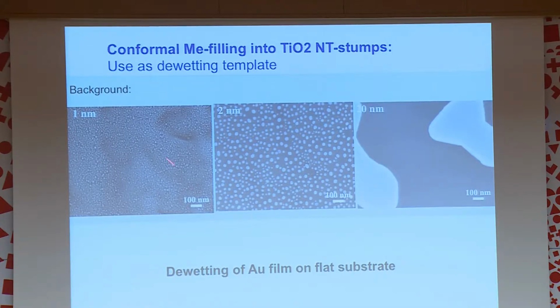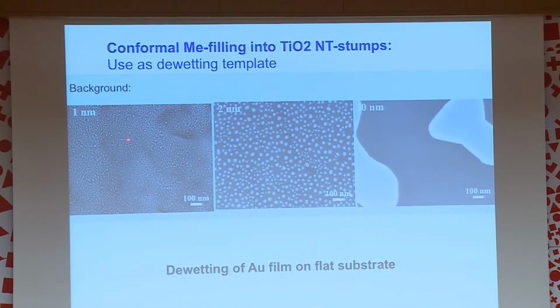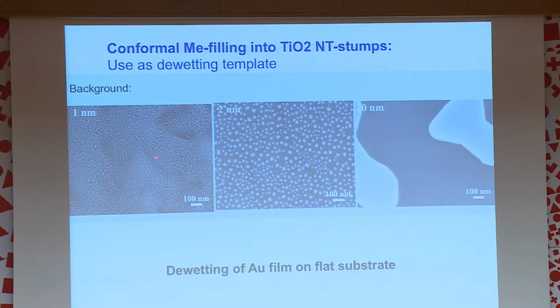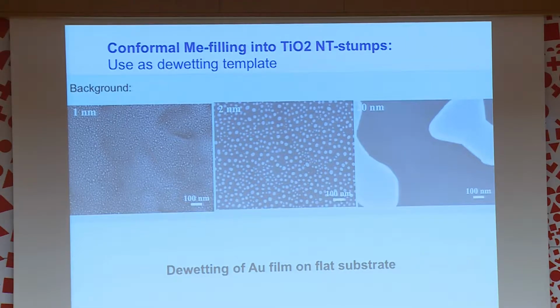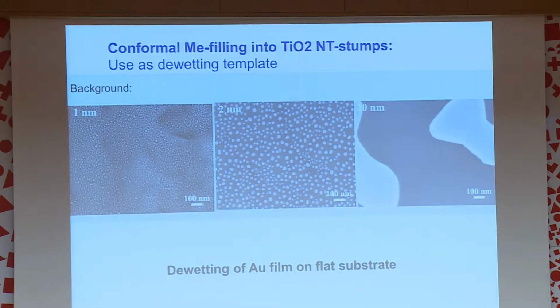Here the gold film is put on a titanium dioxide substrate. If the nominal thickness of the gold film was 1 nanometer, 2 nanometers, or 20 nanometers, you heat it up, the gold film breaks up,